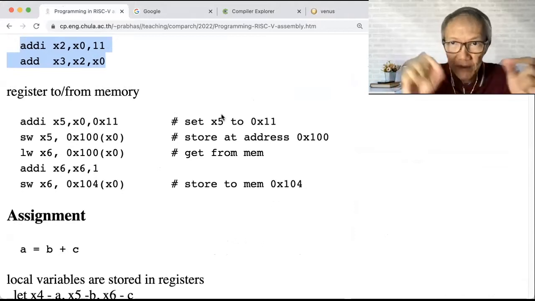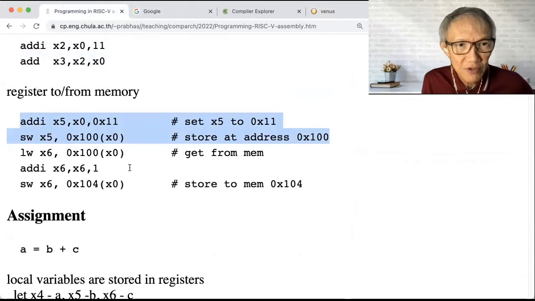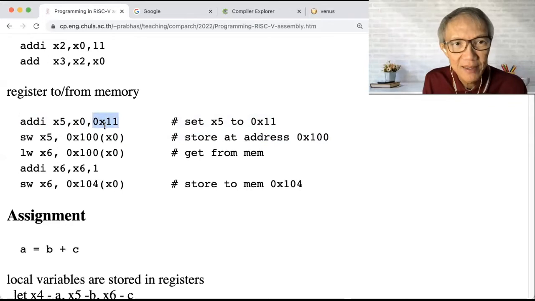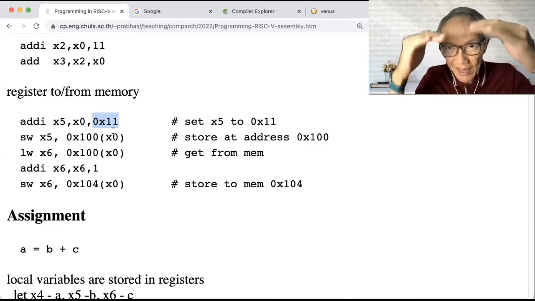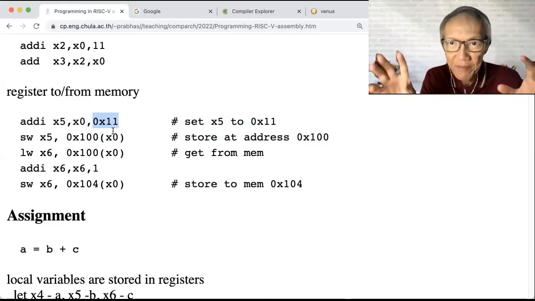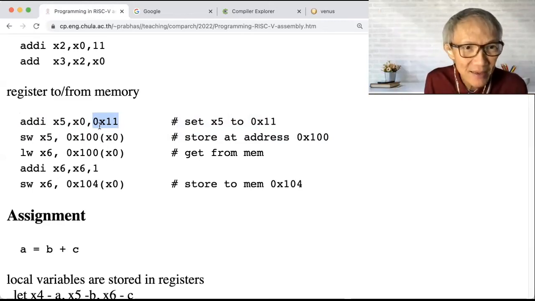Now we want to move between memory and register. You use these instructions to set the value in the memory. So I move number 11. Now number 11 becomes hexadecimal. We have to get familiar with hexadecimal, because once we use a compiler to generate machine code, it will generate hexadecimal numbers. And then this constant in x5 will be